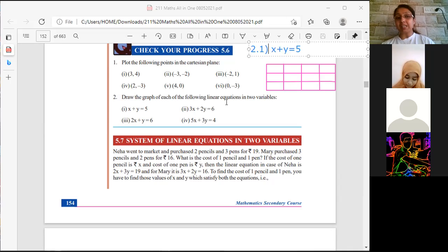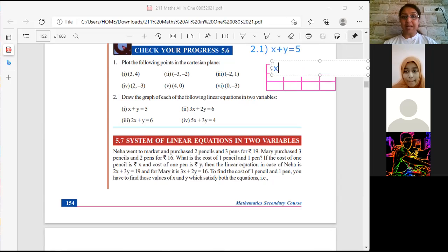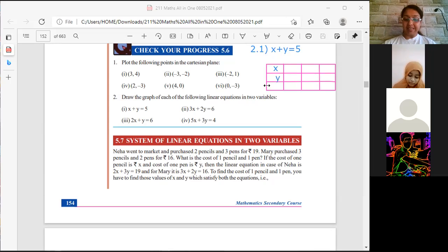We have to plot this on the graph. To plot this on the graph, first I need to do a little working, and that working can be done in the notebook, and then you can plot it on the graph. Do you get me, bacha, what I speak? Yes. So what I'm going to do is write the x coordinate here. I'm going to write the y coordinate here. And lastly, I'm going to write the x and the y coordinate together, x comma y, because then this is going to be my point. Am I right?